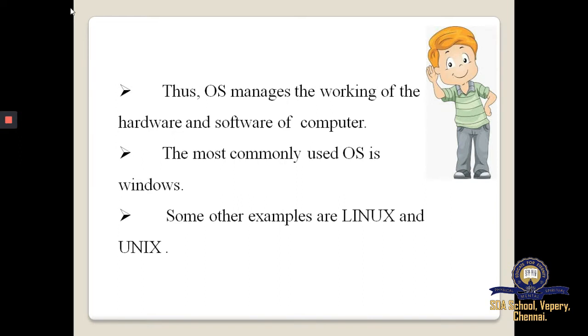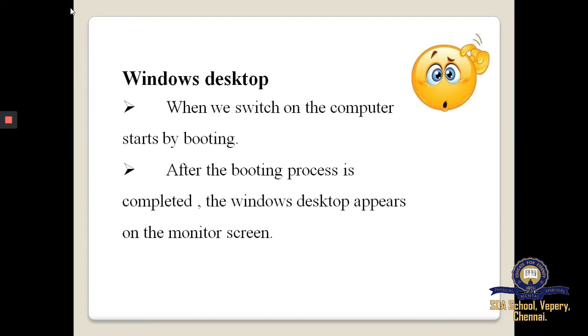Already we learned the topic operating system. Then the Windows desktop. When we switch on the computer, it starts by booting.